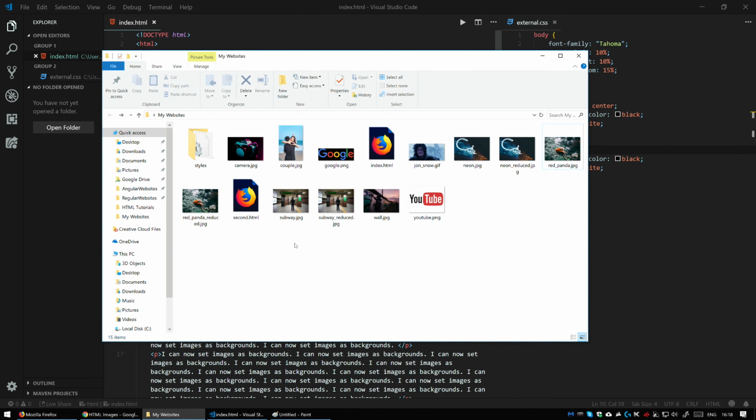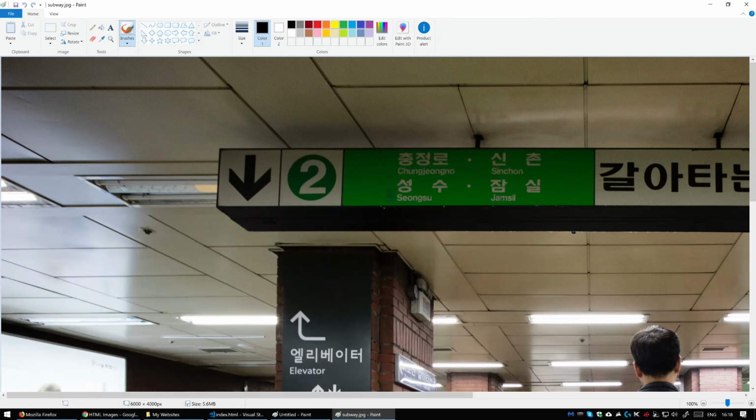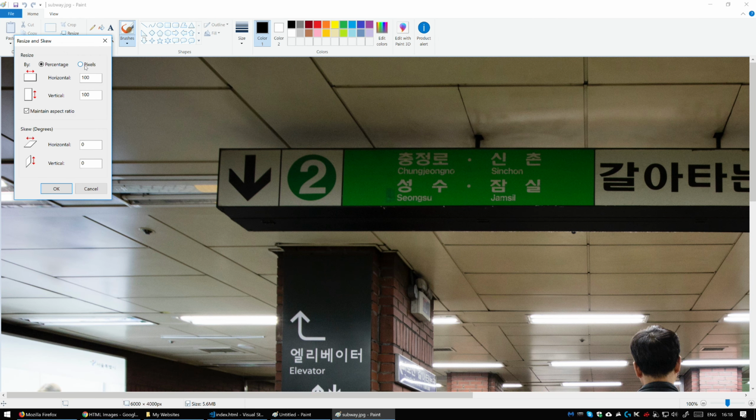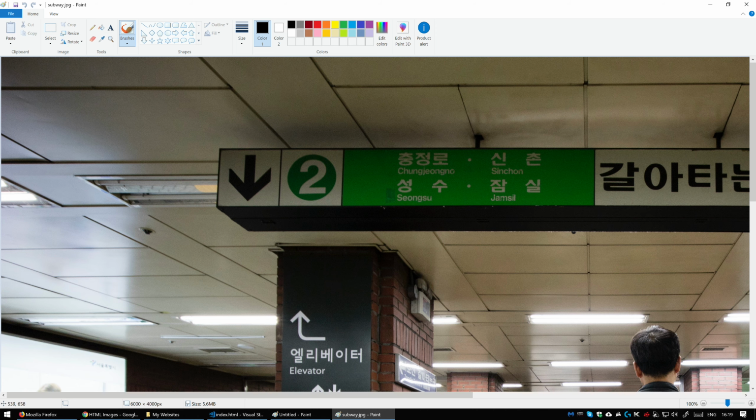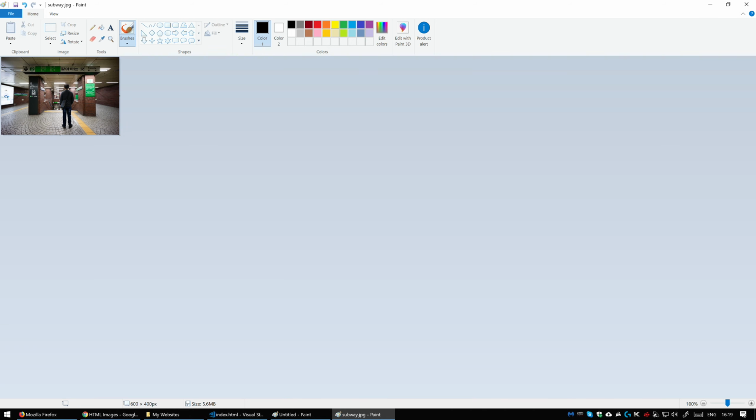In order to reduce an image size, just open it with Paint, click Resize, hit Pixels, and from 6000 by 4000 you can make sure maintain aspect ratio is checked. You can go for 600, or maybe you can simply go for 10%. Okay, and yeah, if you click OK,